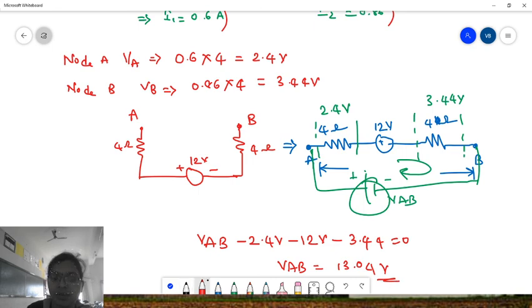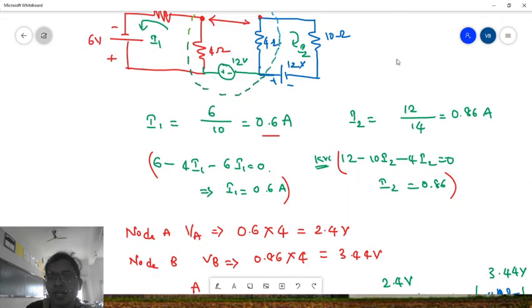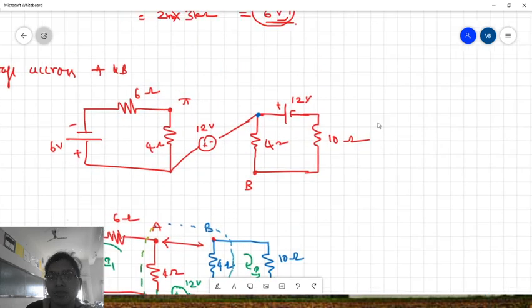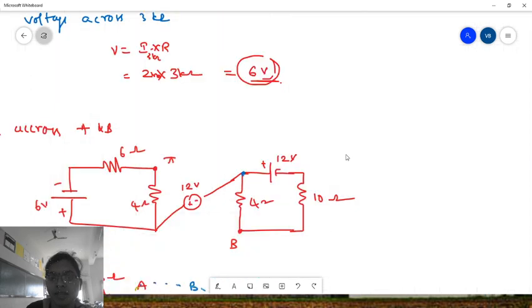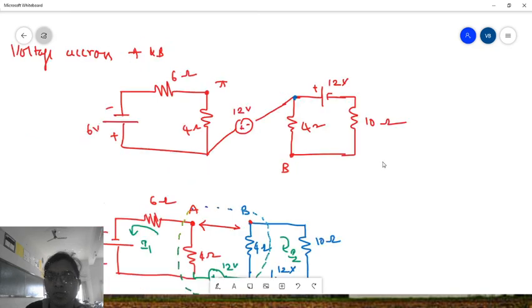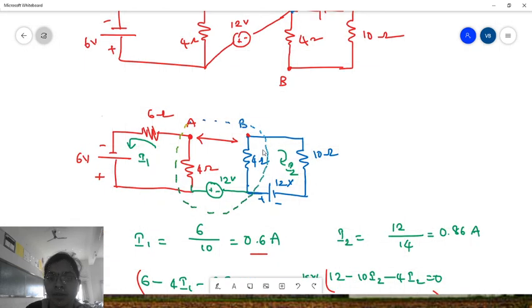So once again I'll repeat, you concentrate. Here we need to calculate the voltage drop across the A and B terminals for the particular network. But here the network is zigzag, so first we need to solve the network. In order to simplify this network, I am going to tilt the second part of this network. B is shifted to the top side, so whenever B is shifted to the top side, the network will become like this.